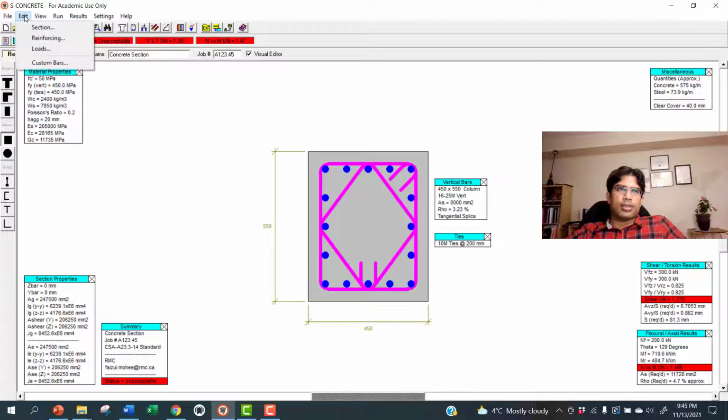So then we need to go to section again. So this one for the concrete section is for concrete dimension, and reinforce is for steel rebar section and steel rebar. Similarly, in this T button, that is for concrete dimension, and this one is for steel rebar. So you need to do both, I think. First, we can go to section.